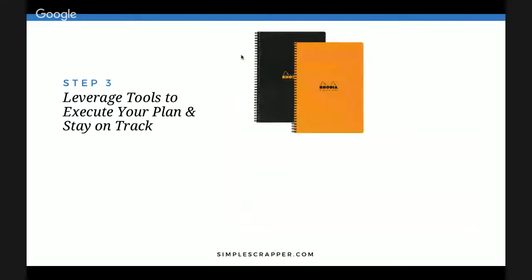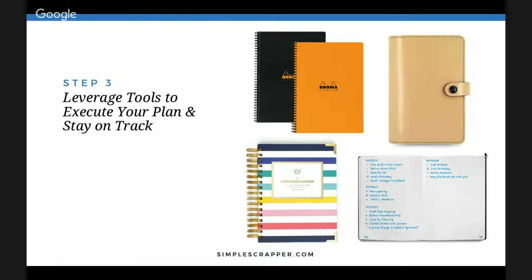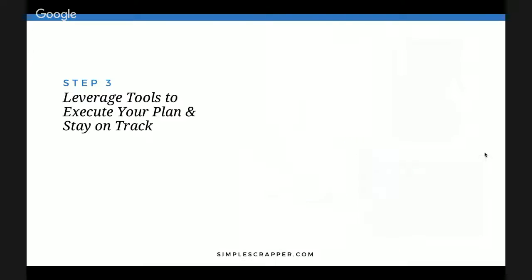All right, so the tools that you can use to do your planning can be varied. And what I want to emphasize here is that no matter which tool you use, whether it's a notebook, a Filofax planner, that's a ring or a disc bound planner, a fully spiral bound planner, or even a bullet journal or a traveler's notebook, whatever kind of paper planning you're doing, it's really just about making lists. It's about creating lists of ideas, creating lists of plans, and keeping this item with you so that you can follow up on it.